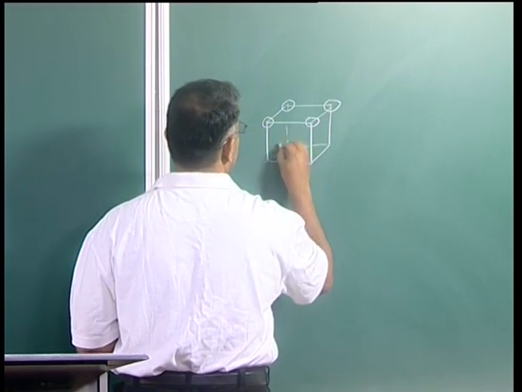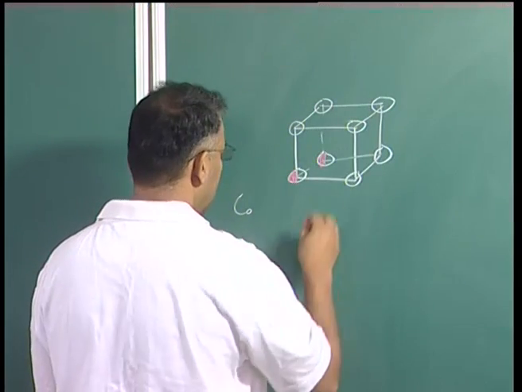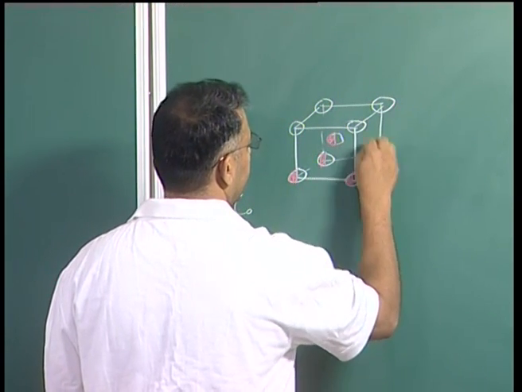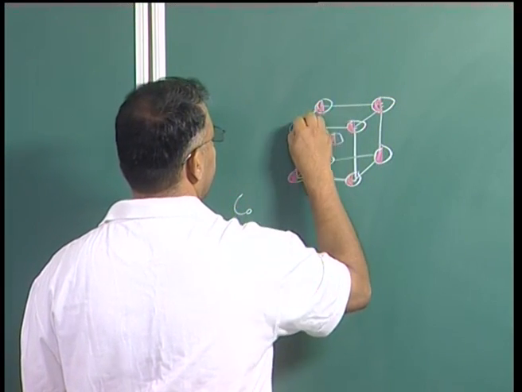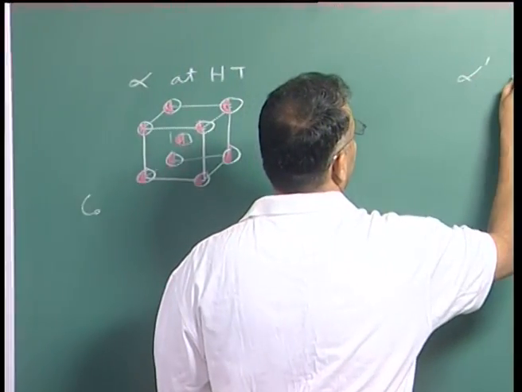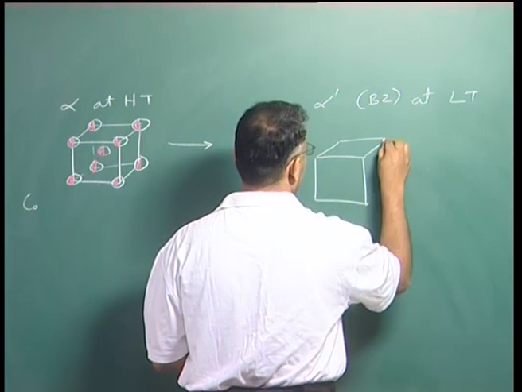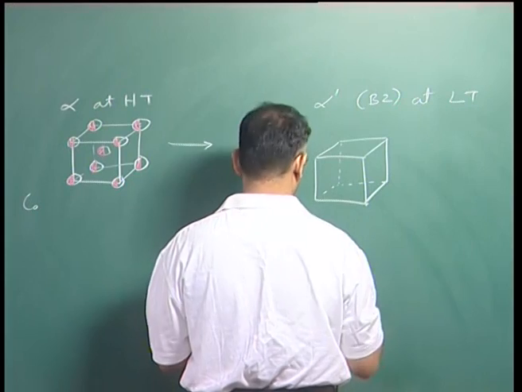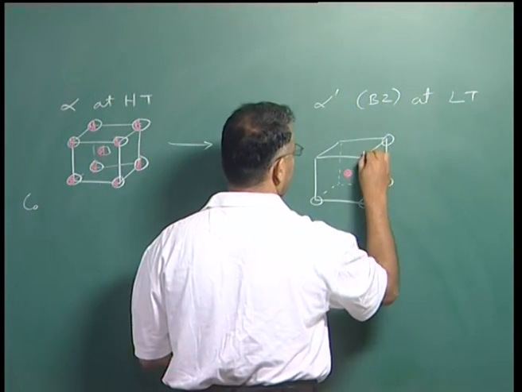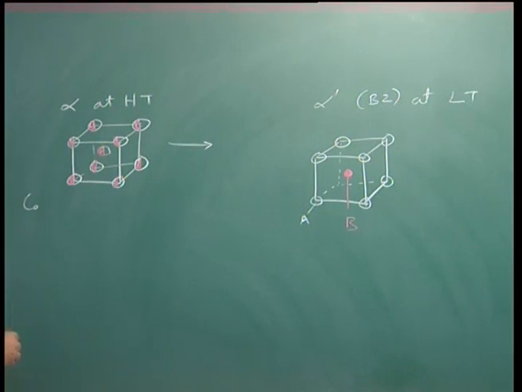So, my disordered solid solution which occurs at high temperature could be a BCC structure. So, I go through an ordering transformation